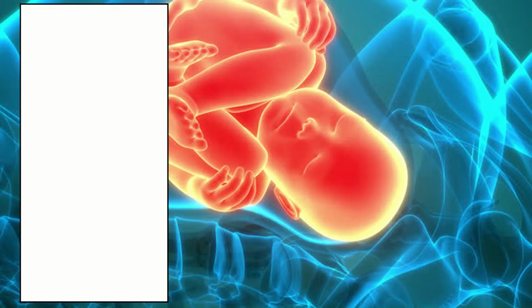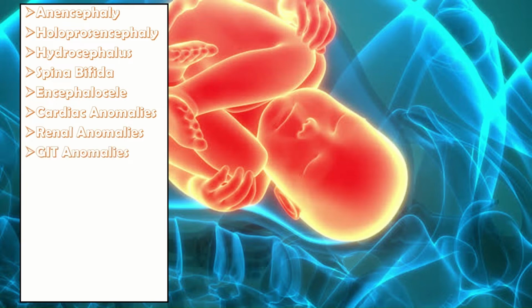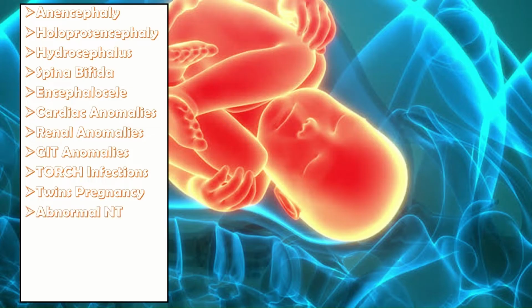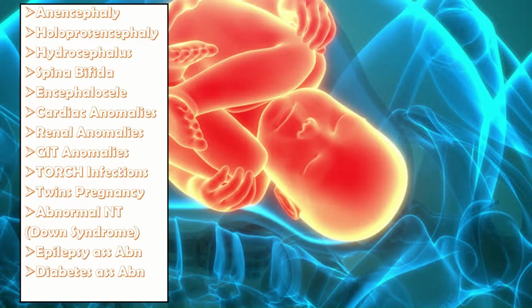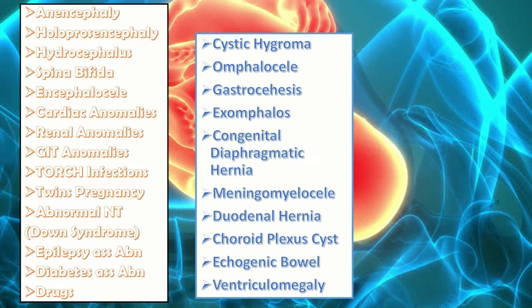And those include anencephaly, holoprosencephaly, hydrocephalus, spina bifida, encephalocele, the cardiac anomalies, renal anomalies, GIT anomalies, the TORCH infections, twin pregnancy, abnormal nuchal translucency which occurs in Down syndrome, epilepsy-associated abnormalities, diabetes-associated abnormalities, the effect of the different drugs, cystic hygroma, omphalocele, gastroschisis, exomphalos, congenital diaphragmatic hernia, meningomyelocele, duodenal hernia, choroid plexus cyst, echogenic bowel, ventriculomegaly, congenital